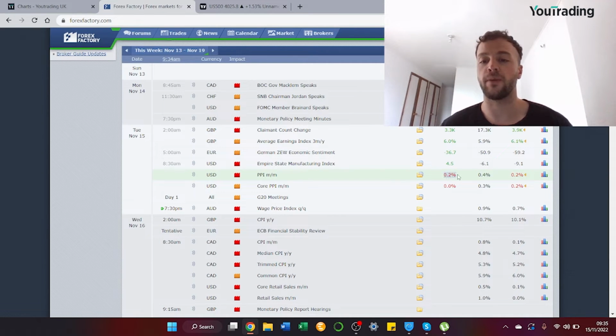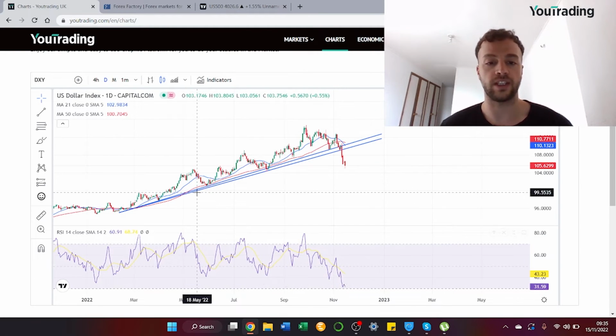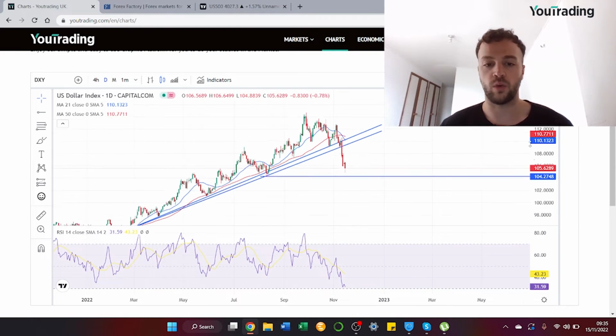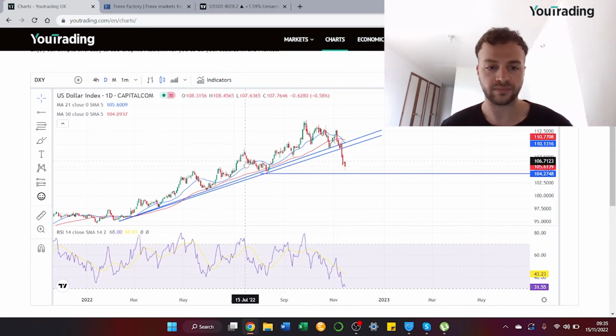And then the cherry on the cake this morning has been producer price inflation, which was also softer than expected. You can see that headline month over month, 0.2% below the expected 0.4%. And core PPI was flat on the month against expectations for a 0.3% month over month price gain. And you also had negative revisions to last month's data. So the inflation picture in the US is clearly improving, and this is weighing on the dollar.